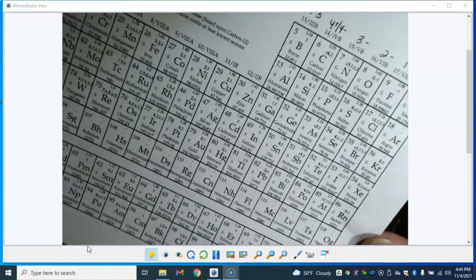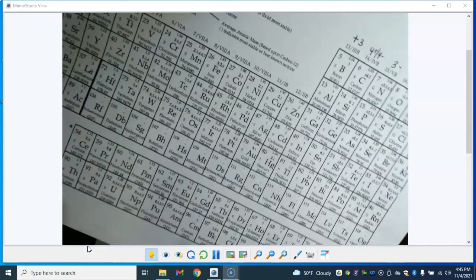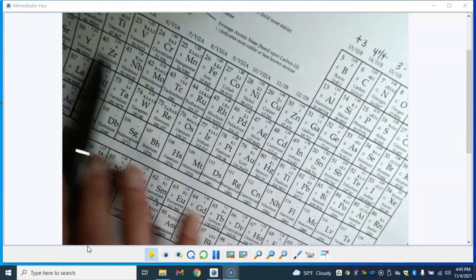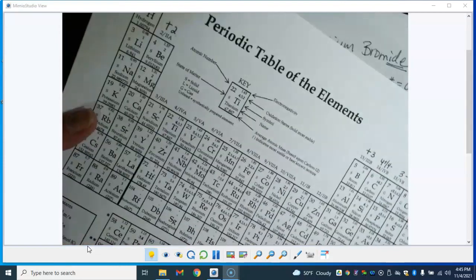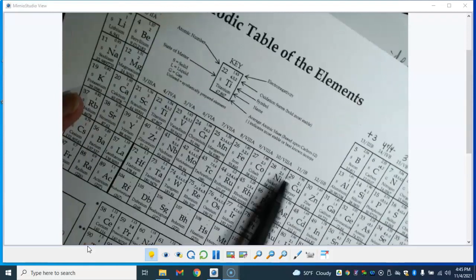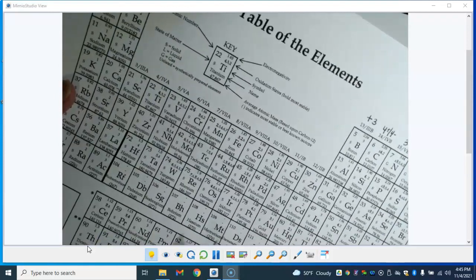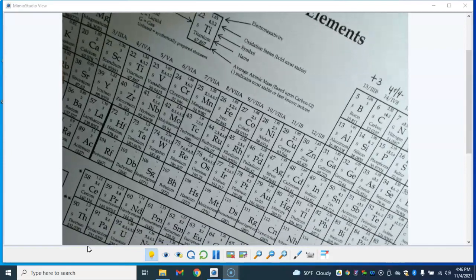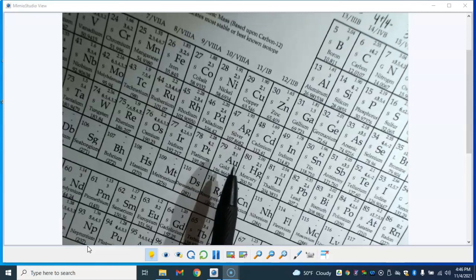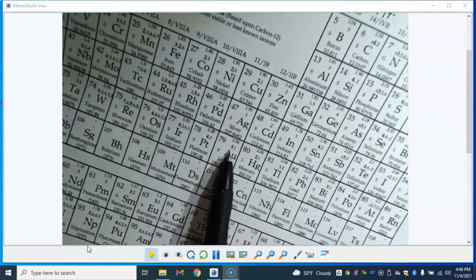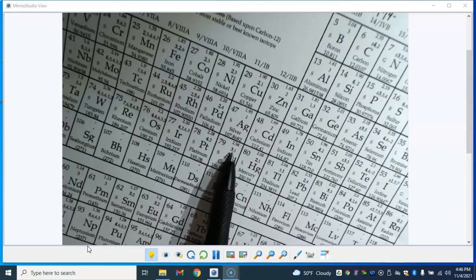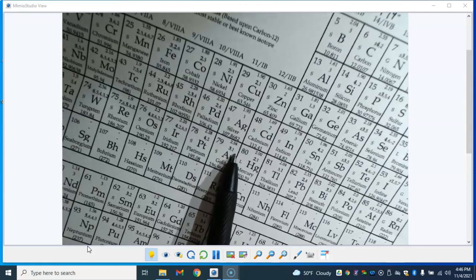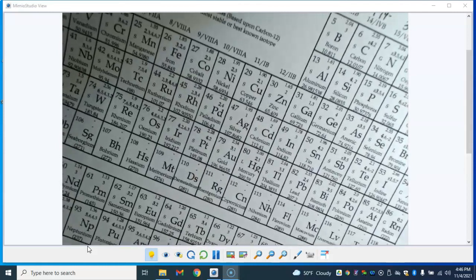So if you look at your periodic table, gold is in that section that I told you don't follow the rules. So these elements between groups 3 and 12, remember I said they don't follow the rules, they kind of play by their own rules. If you look really closely and find gold, you will see two numbers right above it. You will see a 3 and a 1. That means that gold could give away 3 electrons, or it could give away 1, all depending on what chemical